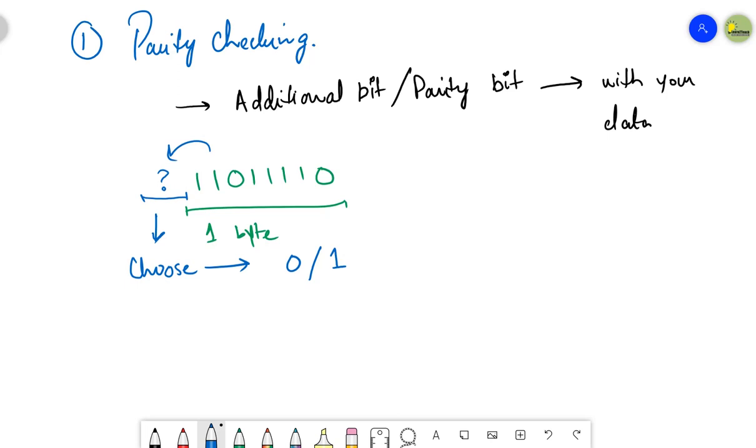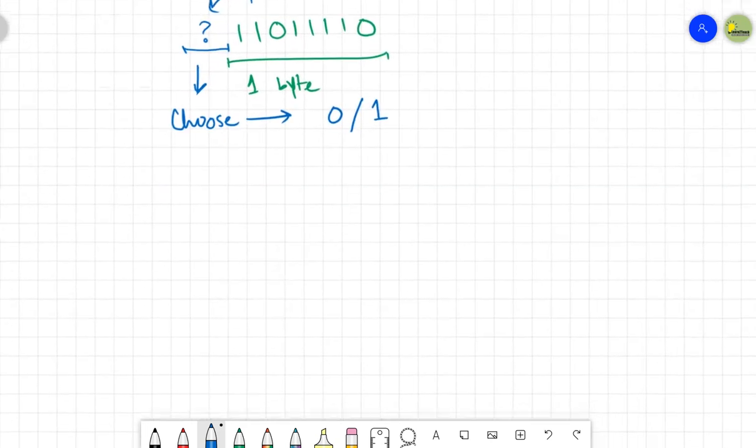Yes, type of parity checking means that you are going to have two different parity checking methods. Or we can say that there are two parity checking systems that are being used under this method. What are these two methods?